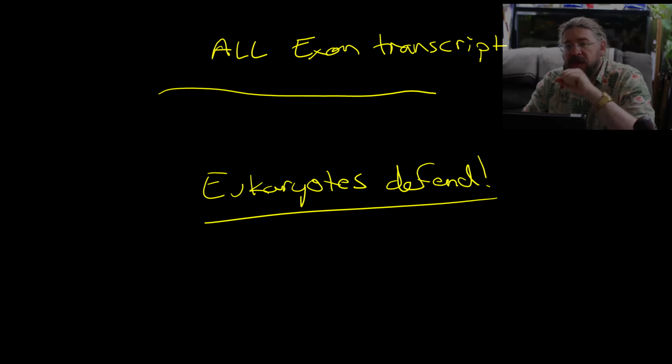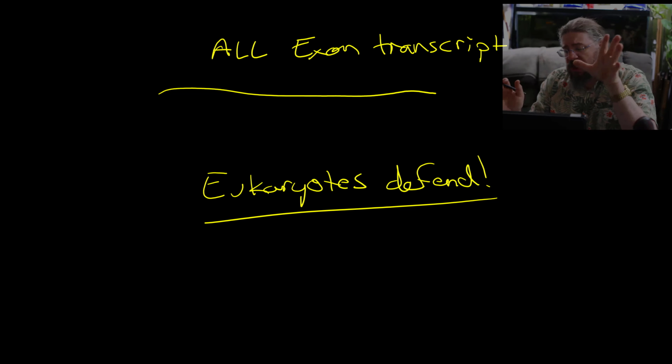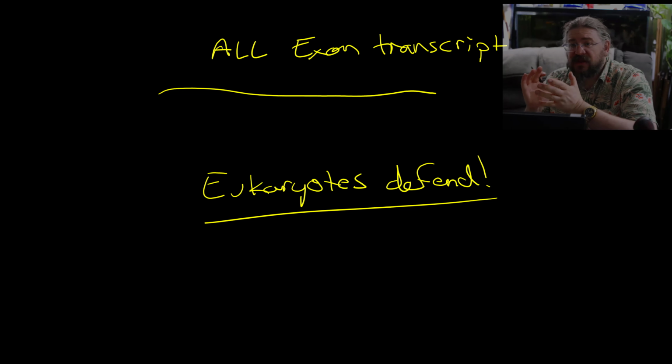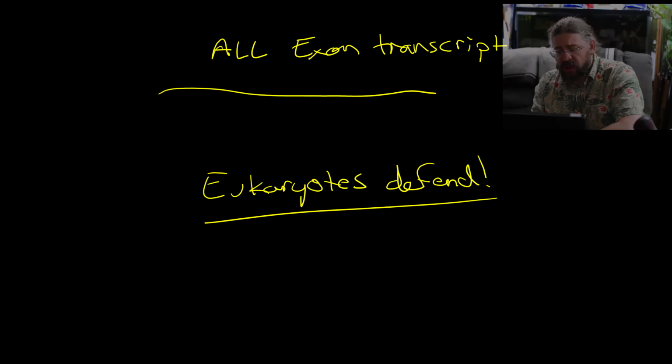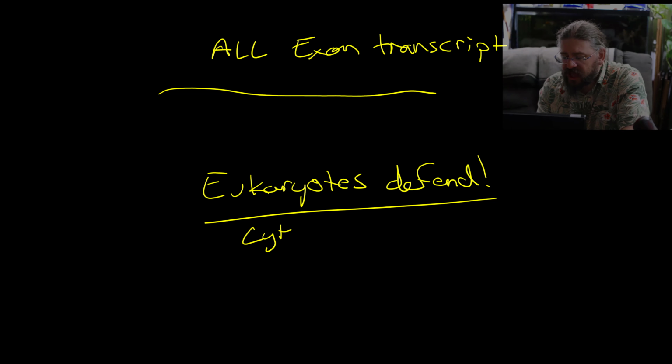One of the biggest problems facing eukaryotes is viruses. And viruses will insert their own genes into a eukaryotic cell and get the eukaryotic cell to follow viral gene instructions and basically shut down that cell and turn it into a virus factory. And so eukaryotes defend themselves against viruses by having cytoplasmic